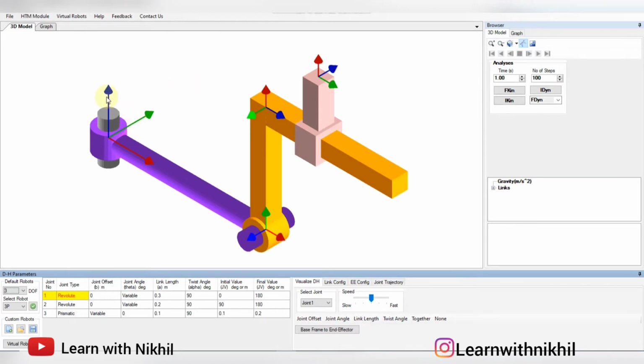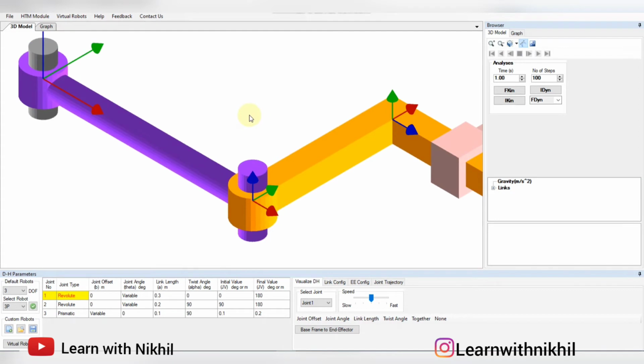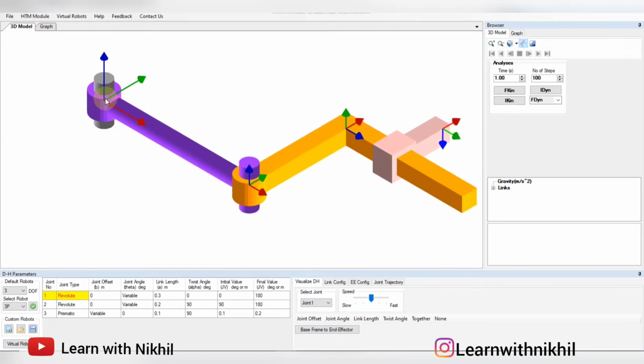Now I'll show you how this changes as we change the twist angle. The z-axis is totally dependent upon the twist angle. Now if I change this twist angle from 90 to 0, as you can see, the z-axis is now pointing in this direction. So this z-axis is parallel to this z-axis.